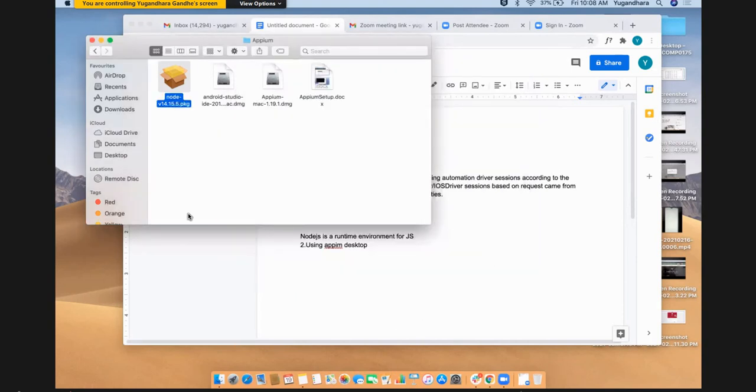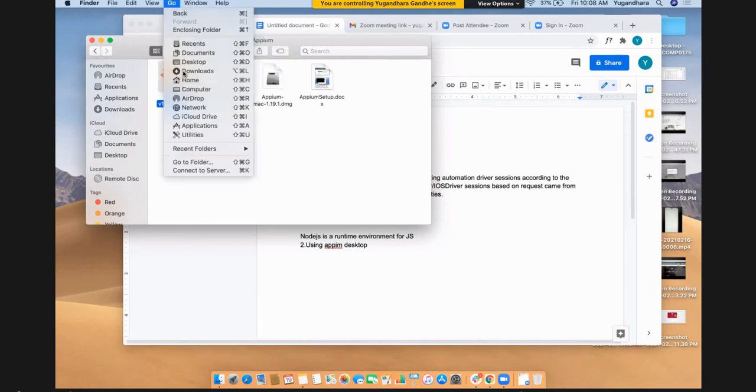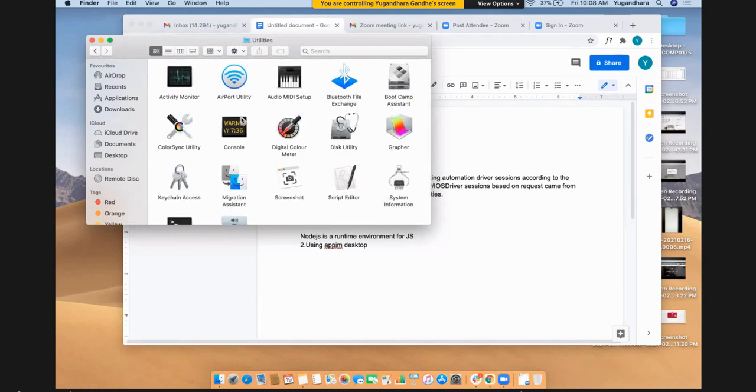Now I will start a terminal. Let's go to the terminal now. Go to Applications, and I'll say Terminal or Utilities, and I will open a terminal here.